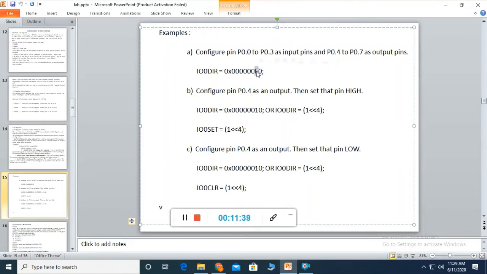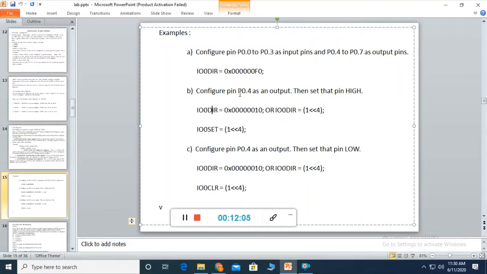And similarly, F, I have set pins 4, 5, 6, 7 by setting those pins to 1. So if you want to decide the direction of a particular pin, you use this IO direction. A pin can be set as an output pin by setting the corresponding pin to 1, and as input by clearing the corresponding pins to 0.